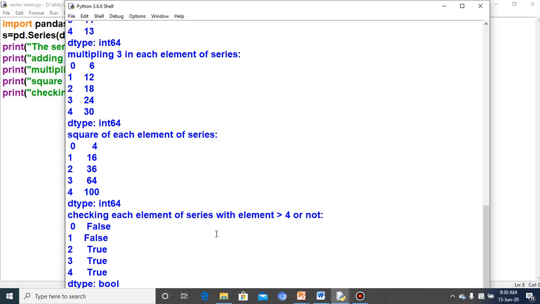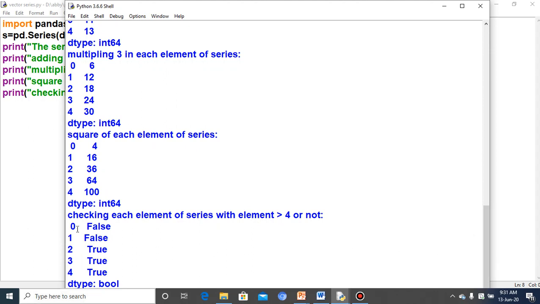The output has come as 4, 16, 36, 64, and 100. So this is the scalar operation where each individual item of the series gets squared. And the last, which is the important one, the Boolean value.